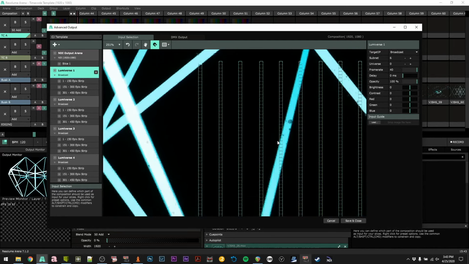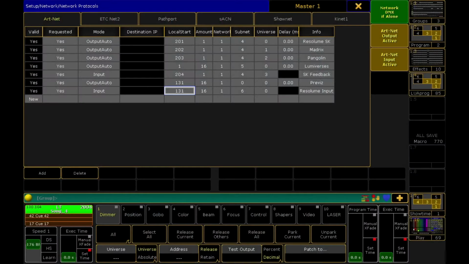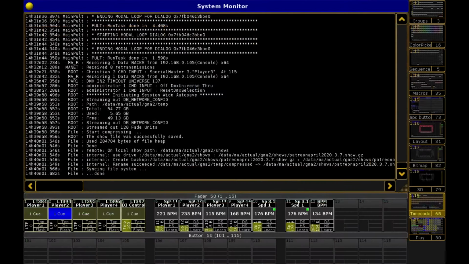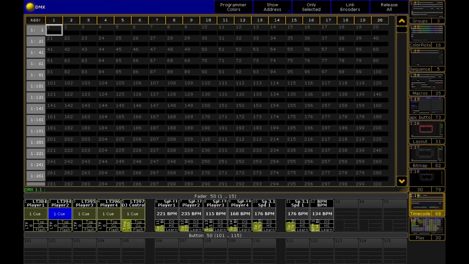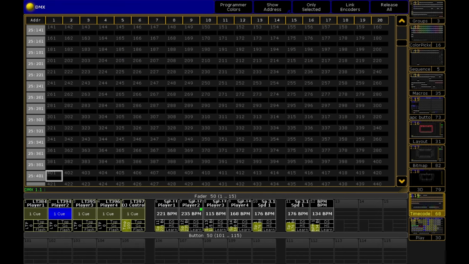So that goes into this ArtNet input, subnet 6 universe 0. And it's being input to MA universe 131. So if I were to pull up a DMX sheet and go to universe 131, all the way down here,